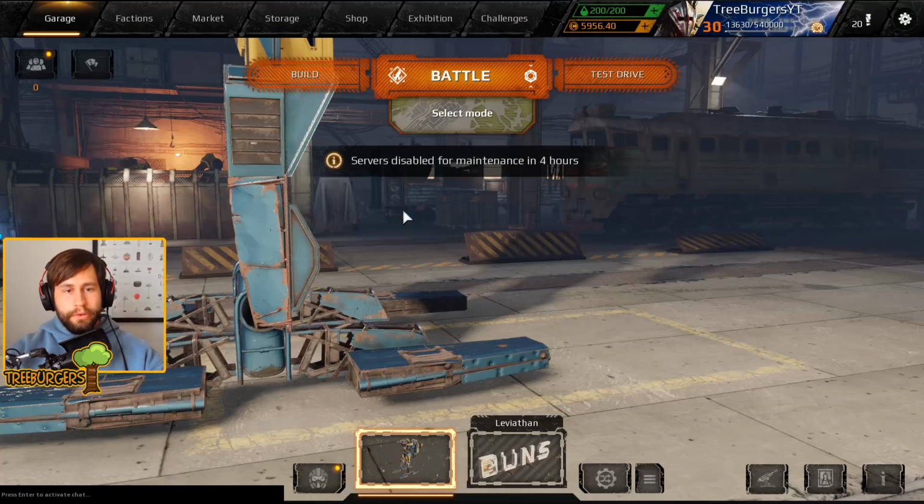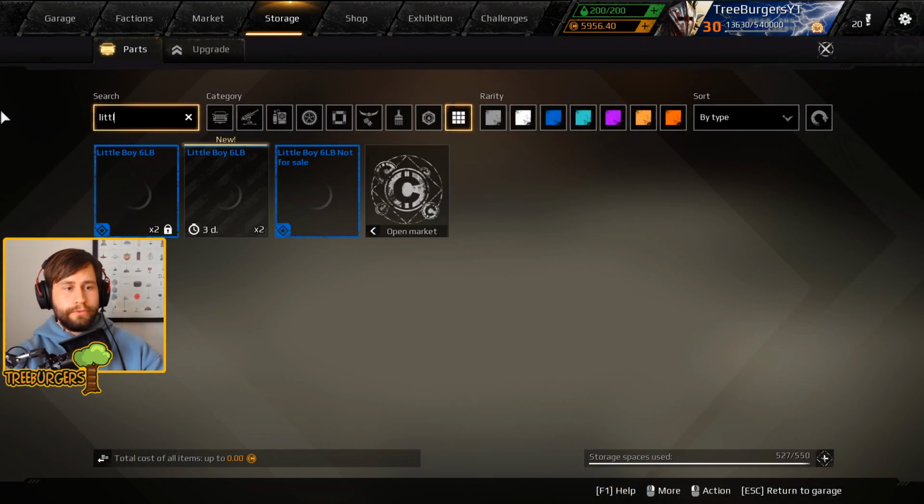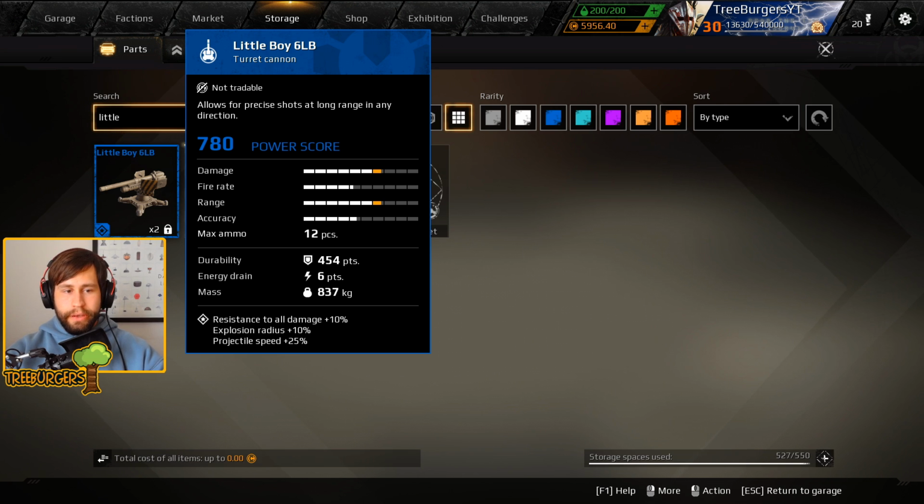Then we have the Little Boy, which is the turreted version of the Rare Cannon, which is this one. Its cooldown is increased from 3.5 to 4 seconds, so not a lot there. And then the Rapier, which has its projectile explosion damage reduced by 10% and the durability reduced as well. So as you can see, again, I think I'm really seeing a theme here, because if you go on,